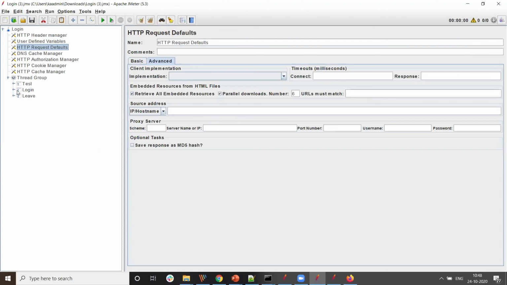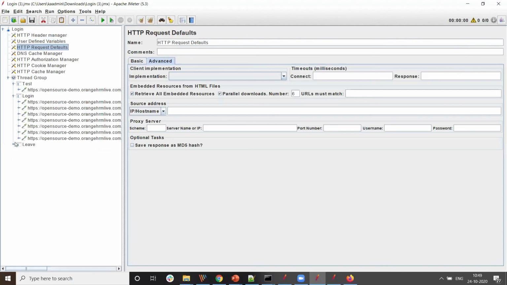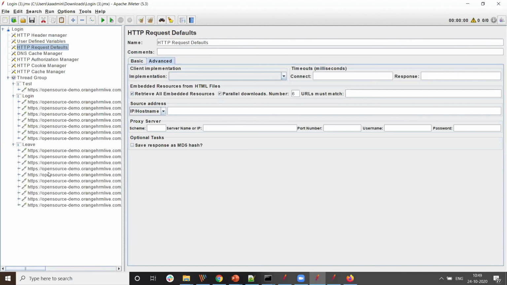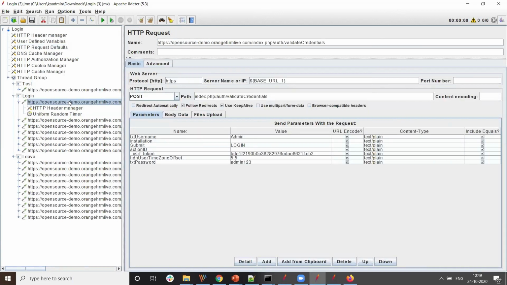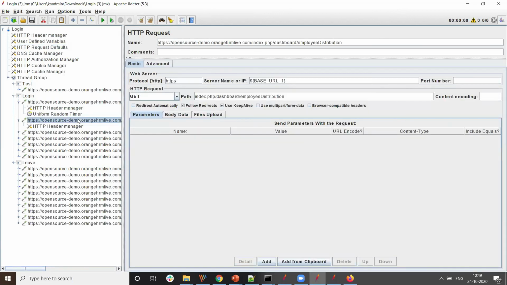Whatever steps I have given over there, BlazeMeter has captured that. So with BlazeMeter, you don't even need to start the proxy. It will do the things on its own. And nowadays, with most of the sites which have some rich UI, JMeter might not be able to capture. So BlazeMeter is very good, you can capture it over here. So this is all your requests with a uniform timer.